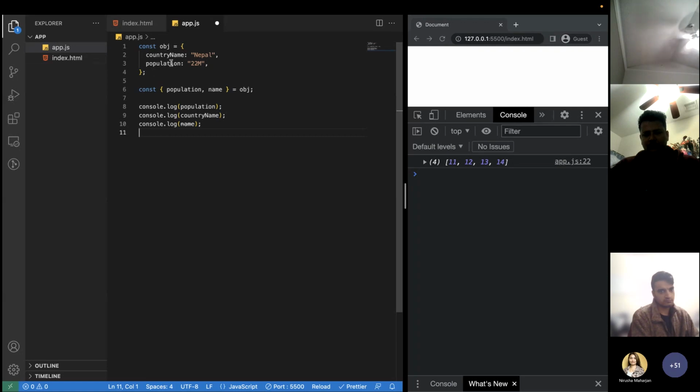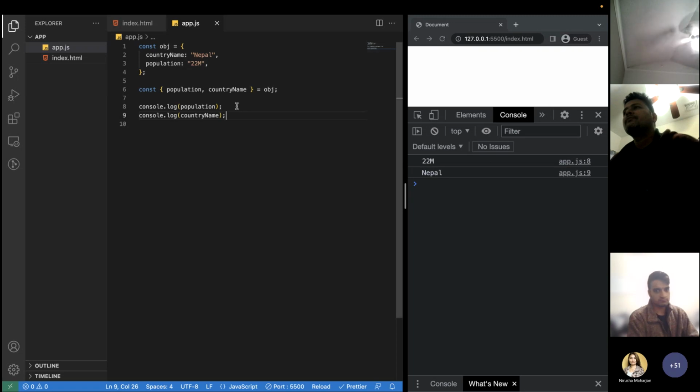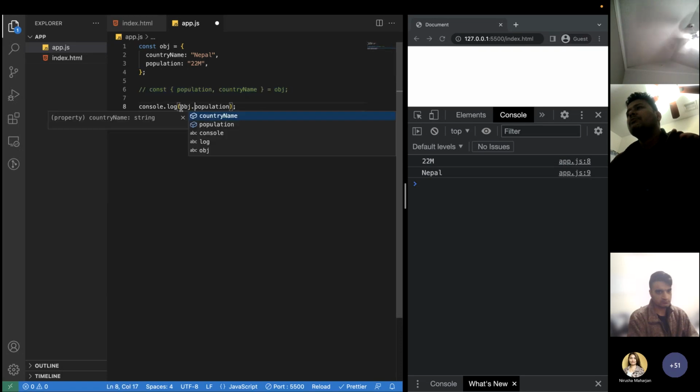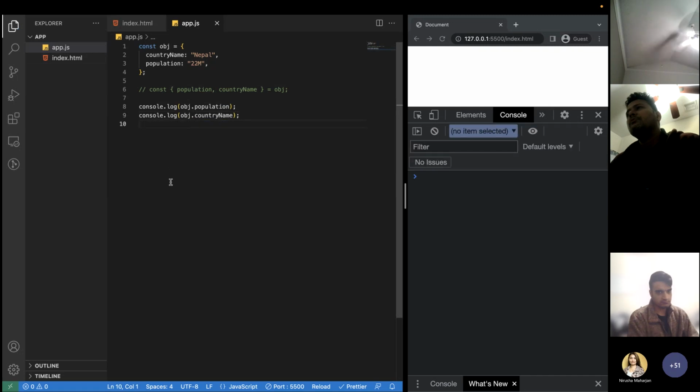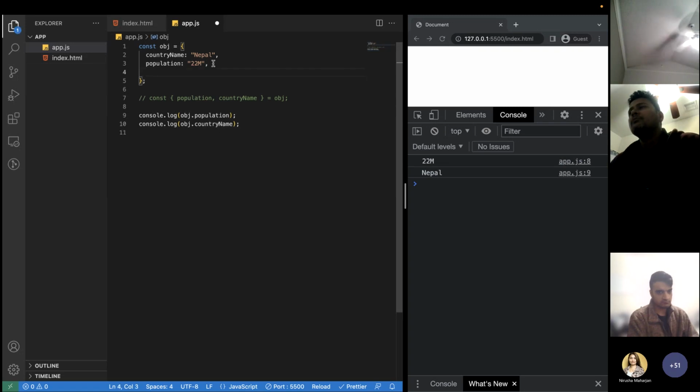So yeah, population and name is not there. I need to make it countryName. Now I can accept countryName or population. So this is really, really important. We'll do this all the time in React. We'll destructure, okay? We'll take those variables out. Otherwise, if you don't have destructuring, then you need to always write obj.population and obj.countryName. It is fine until here, but if you have one more property there, let's say that I